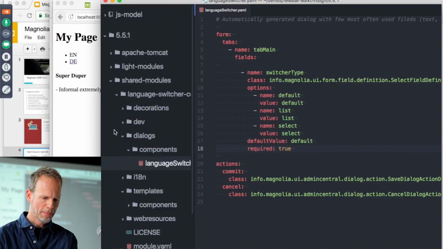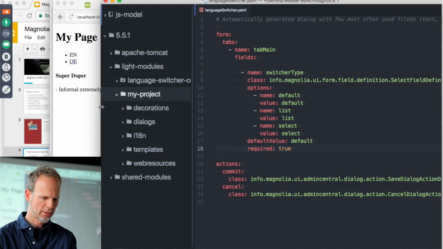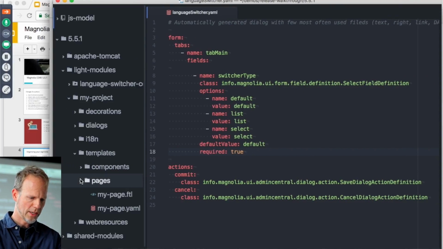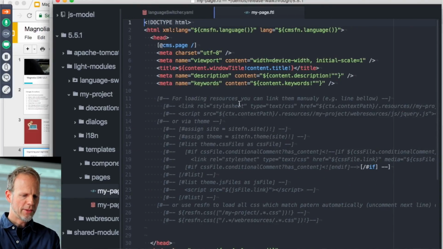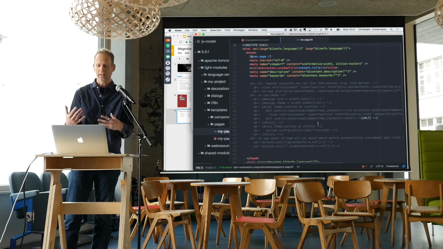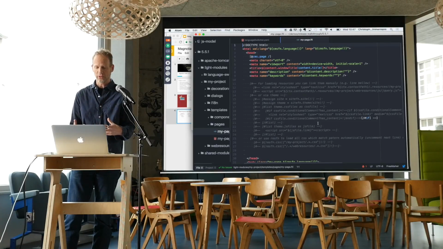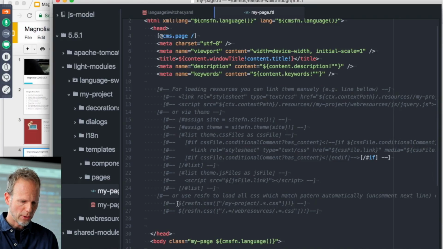Let's go back to the code, and let's take a look at this page. That is in my project. Templates, pages, here's my page. This is another thing that's nice about resfn: when you use the CLI to create a page, it already gives you some tips on how to move forwards, and it also gives you an example of how to use resfn, and that's down here. It's commented out because it doesn't know if we want to use it yet, but let's go ahead and use it. So I will just uncomment this,